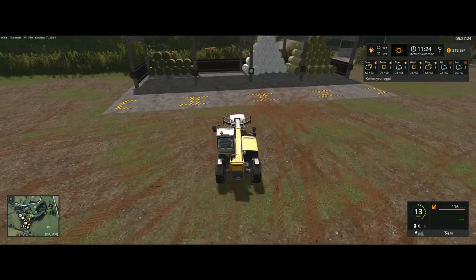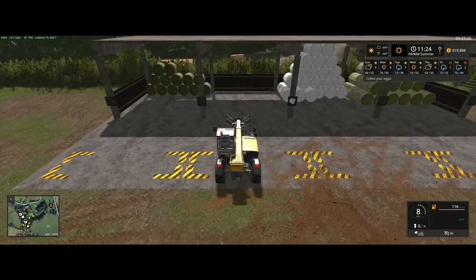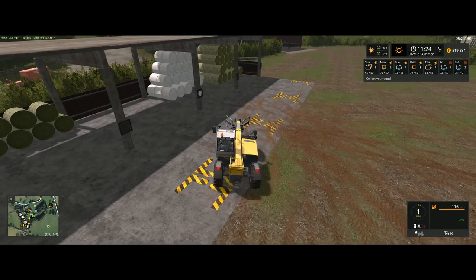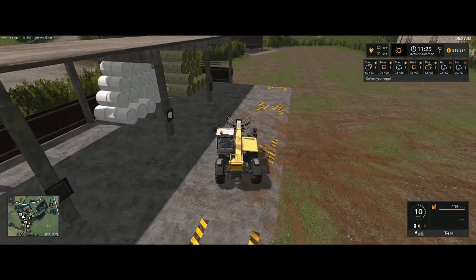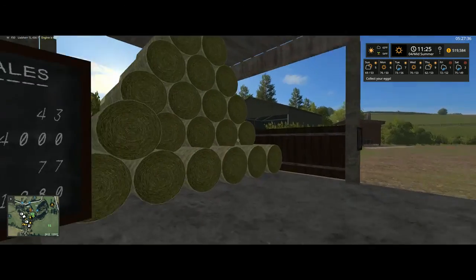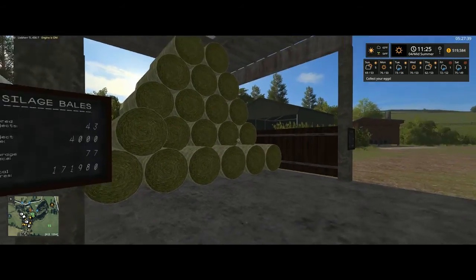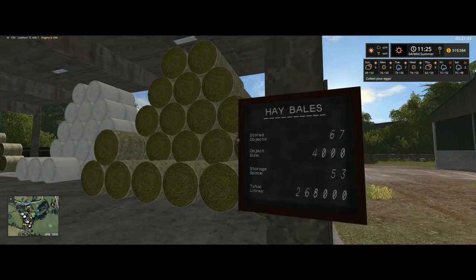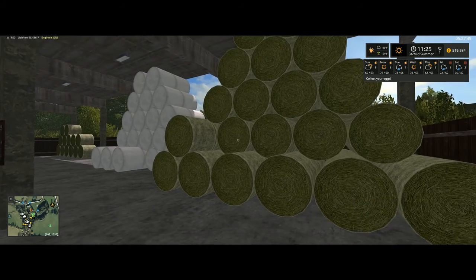All right, a little bit awkward here, huh? But we got them in there. So let's see, how many did we get total? It seems like we had one more hay bale in there. Let's hop out real quick. Yep, so we got 43 silage bales, and if you notice, we started with 65, so these grass here,